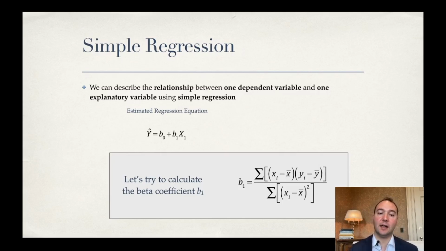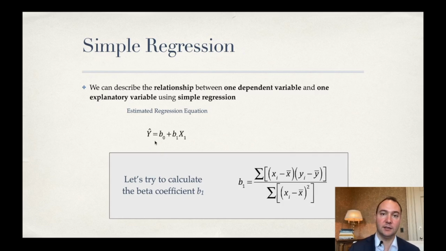So let's try to calculate beta 1 first, because we need to know beta 1 to understand how to calculate beta 0. What does beta 1 tell us? Beta 1 tells us for every increase in X, beta 1 is the amount of change in Y that we should expect. In other words, if X increases by 1, someone's weight increases by 1 kilogram, what is the expectation